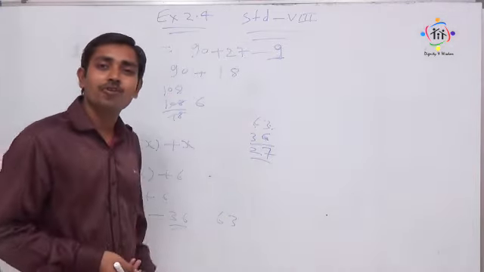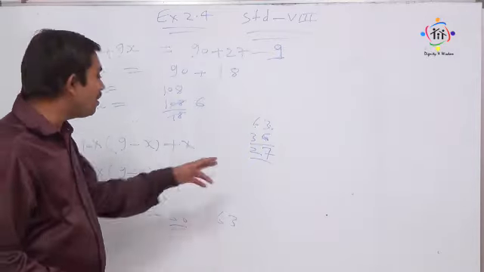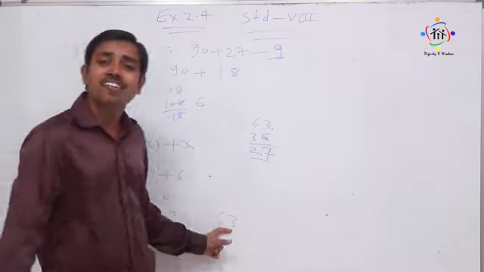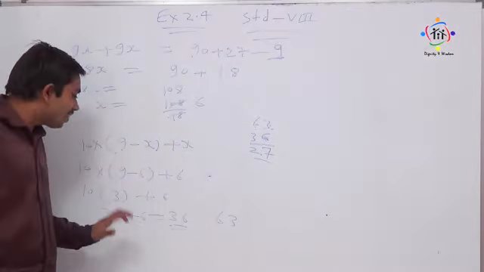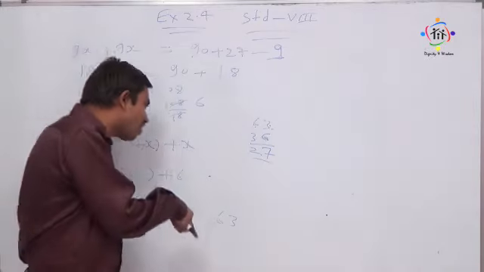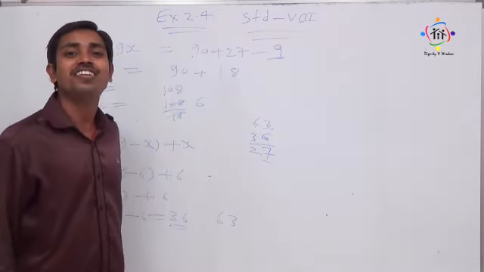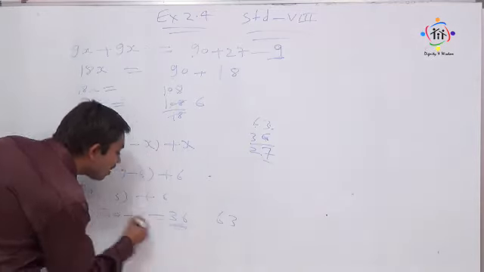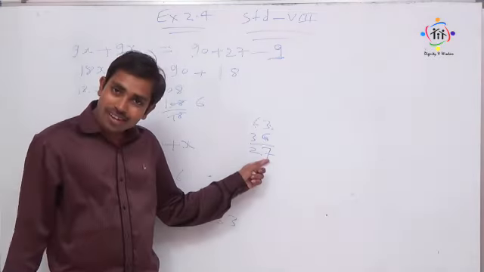So what was there in the question? By interchanging, the new number is greater by 27. So after interchanging the digits of 36, we are getting 63, and the difference is coming 27. What does it mean? It means that the new number 63 is more than 36 by 27. It means if I add 27 to 36, then we get 63. So this is the required solution, my dear students. So the required number is 36. After interchanging, the new number will be 63, and the difference will be 27.